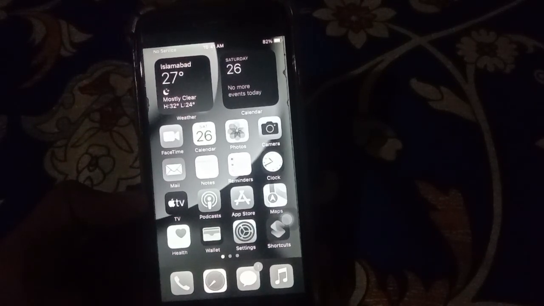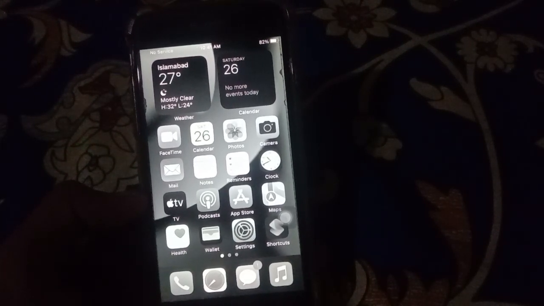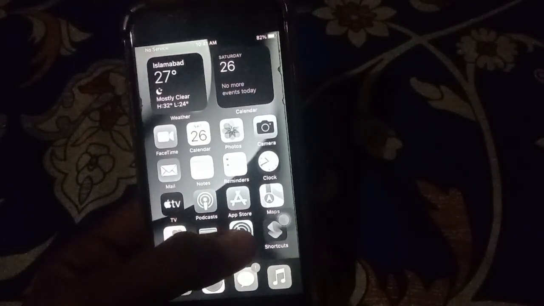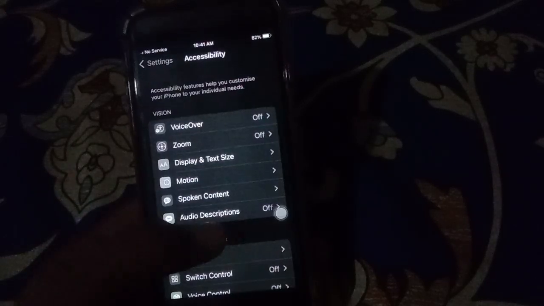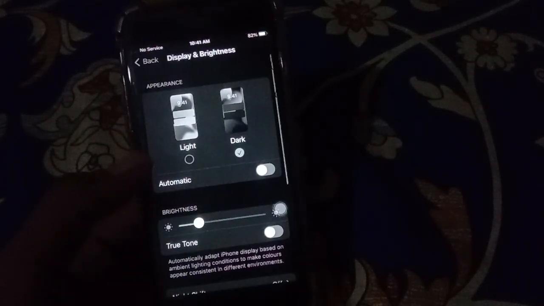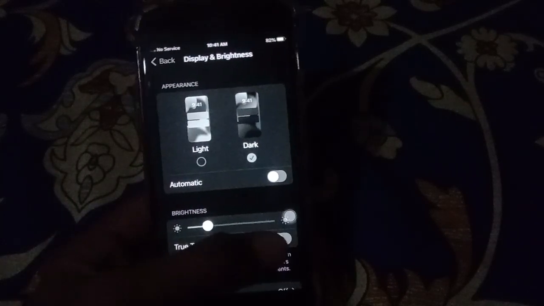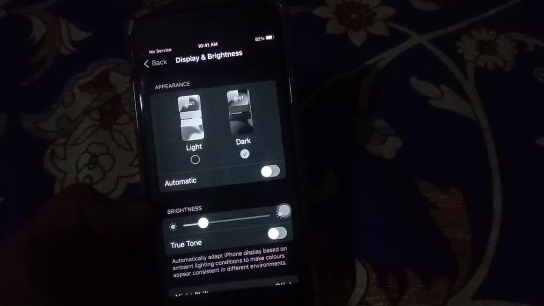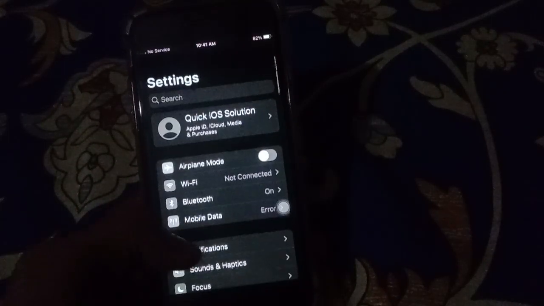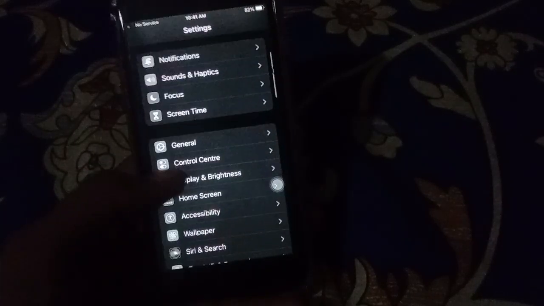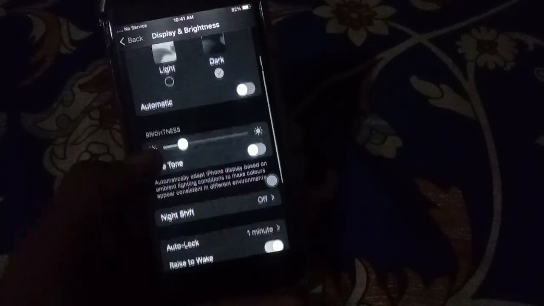The first solution: turn off True Tone. Open the Settings, then click on Display and Brightness, then click on True Tone, turn it on and off. That is the first solution. Then the second solution: you again open the Settings, then click on Display and Brightness, and then click